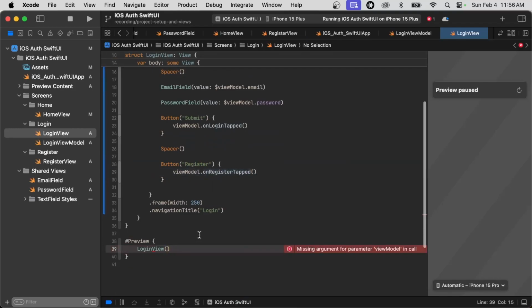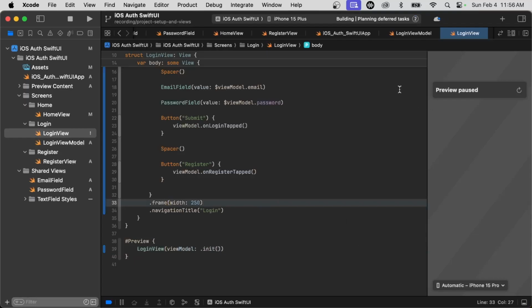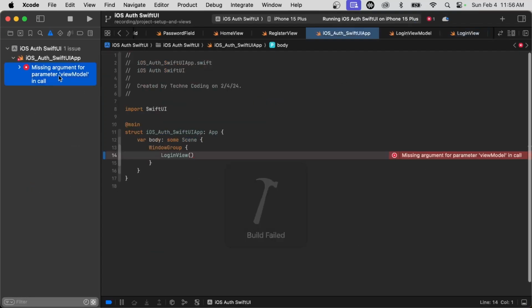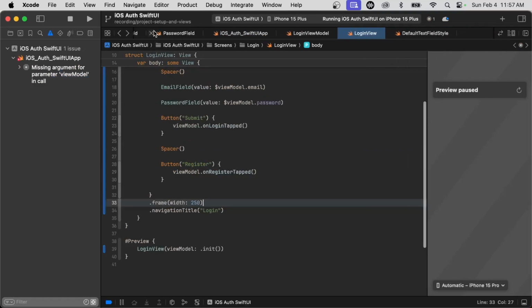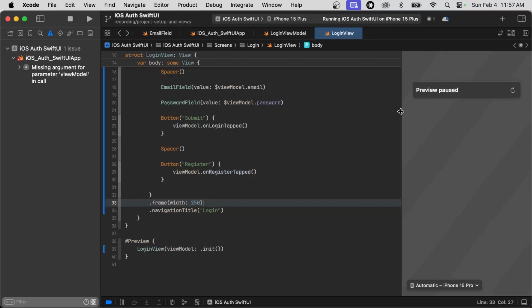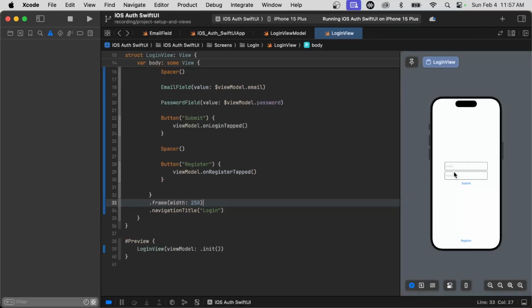Now we want to make sure we actually handle this correctly. So we're going to say ViewModel.init so our previews load correctly. So now we're going to build real quick just to clear out. I usually just build once so we can handle this. But two, if I build it, then I am assured that the next time I hit this refresh button, it's more likely that it's going to actually build correctly and show previews. So now that we have this, we can type in